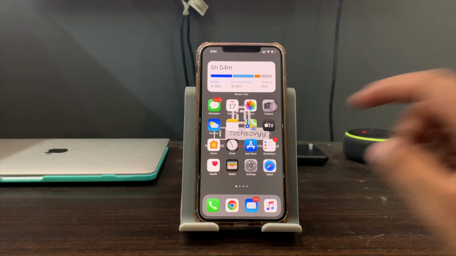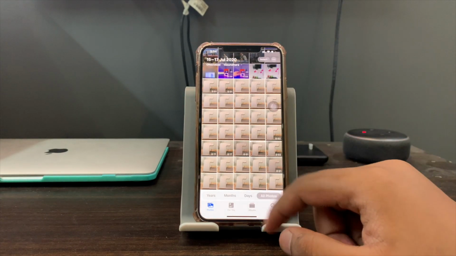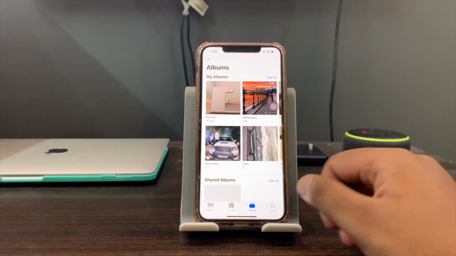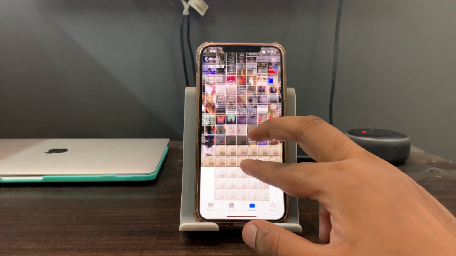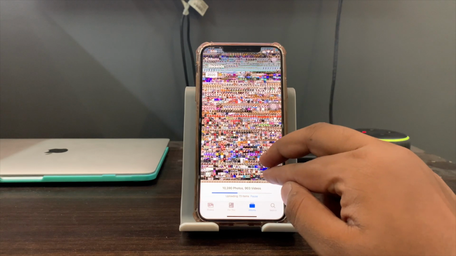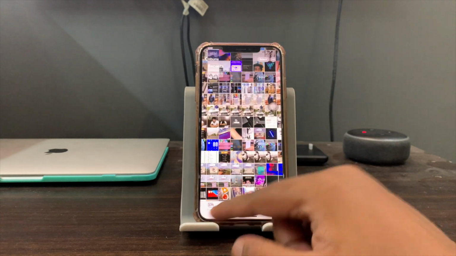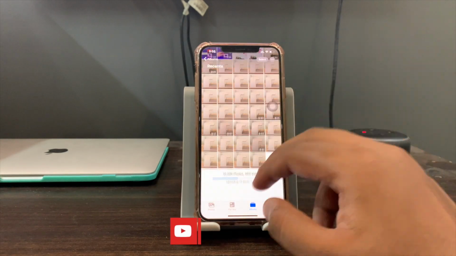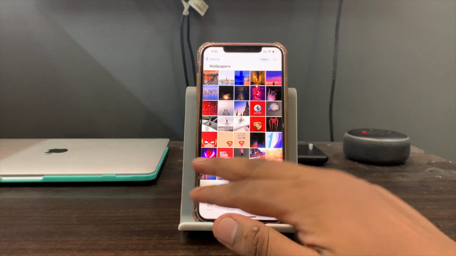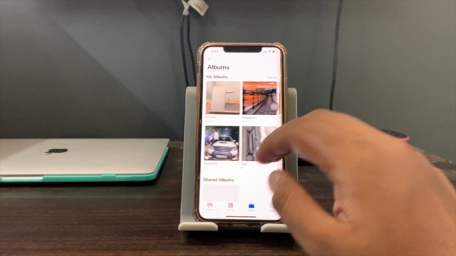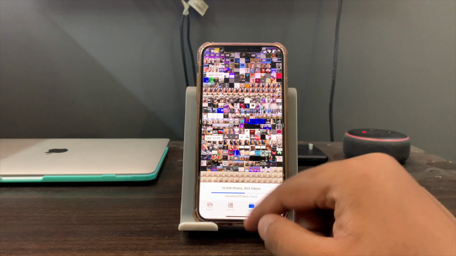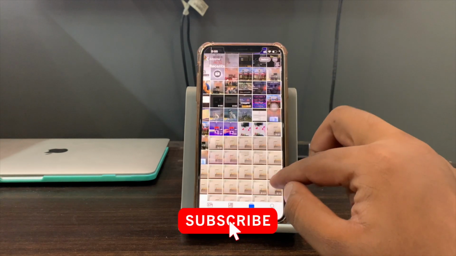Changes are also being made to the Photos app. Now when you click on your recent photos, you can toggle it by pinching in and pinching out. That particular feature is available for all the albums. I can zoom into a particular photo and also to multiple photos. So this is the completely zoomed out view, and this is a view